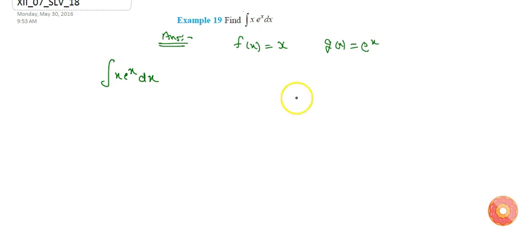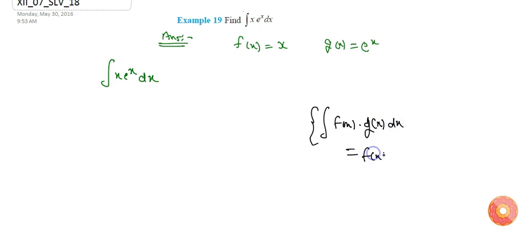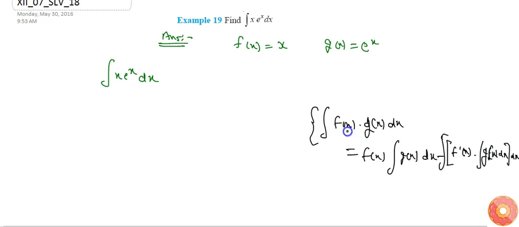by parts method. In the by parts method, the integration of f(x) times g(x) dx will be equal to f(x) times the integration of g(x) dx, minus the integration of f'(x) times the integration of g(x) dx, dx. So if I use the